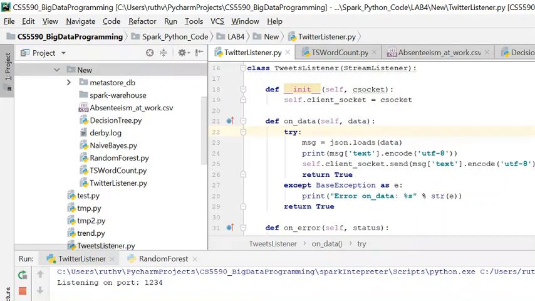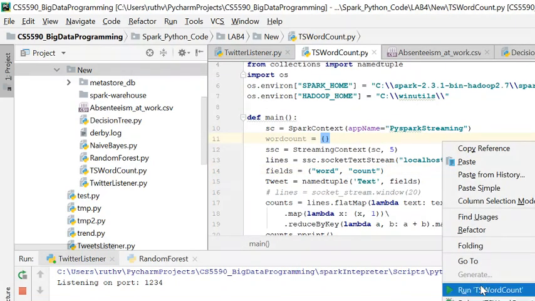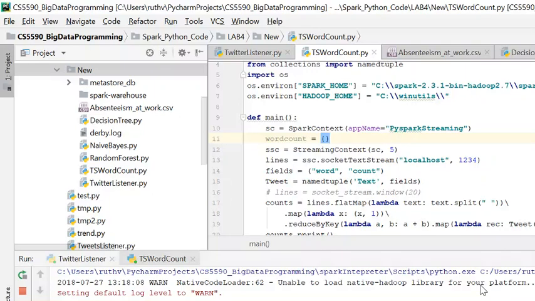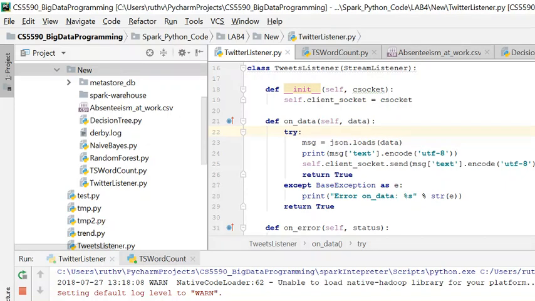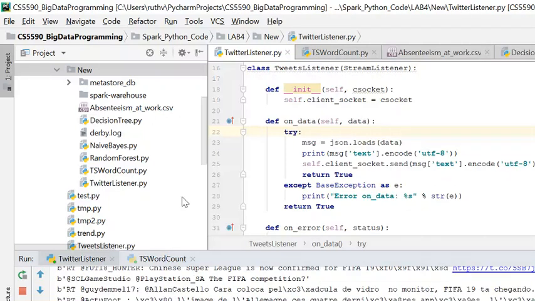First I run this and it listens on the port 1234, and now I'm running my word count on Twitter stream. So once it starts listening to it, then the communication starts and we have the tweets immediately. We can see that it received the request, this is my local host, and then it's bound to the dynamic port. You can see all the FIFA details, Luka Modric, Ronaldo. So all these tweets and the word count is being done